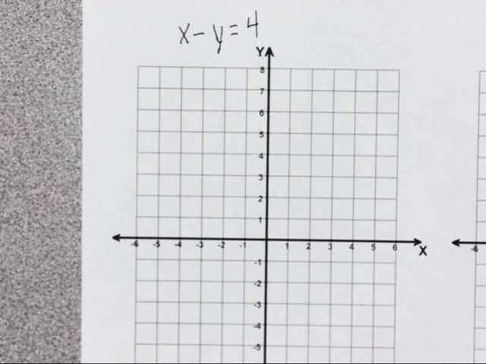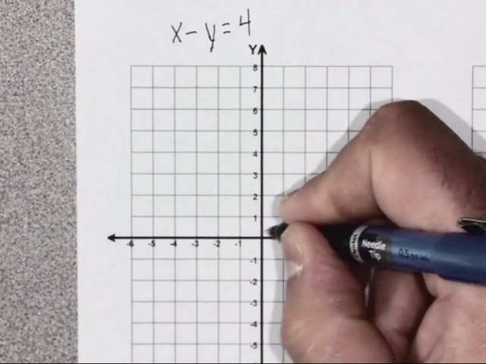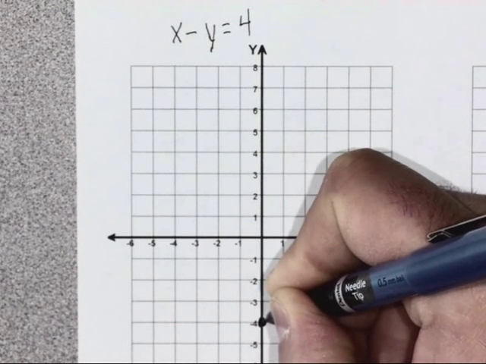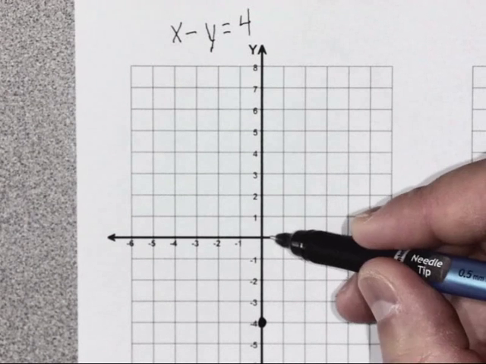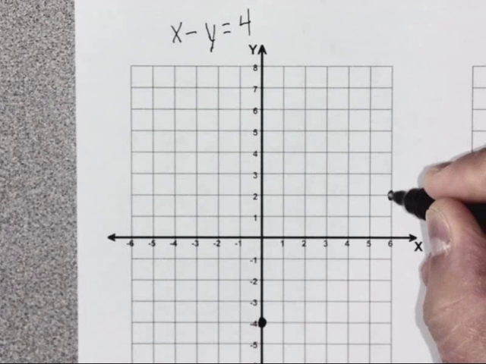And I essentially want to plot those 3 points. So 0, negative 4, so 0 on the x, negative 4 on the y, so that's a point there. 6, 2, so 6 comma 2, so 6 on the x, 2 on the y,